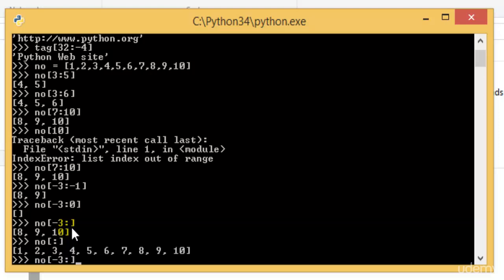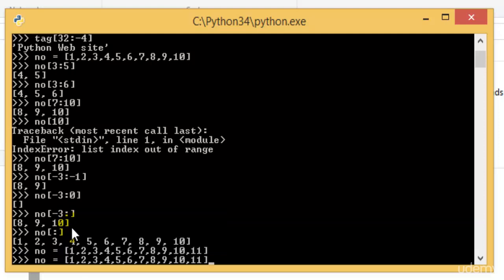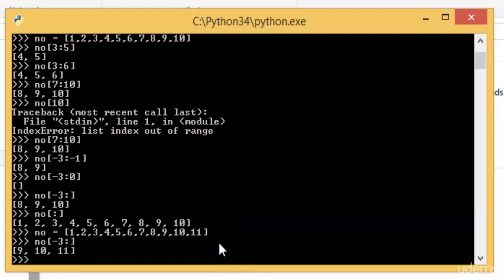So if I insert another number, making it 11, and type, let's say, -3, then it will also give me out 11, because it will calculate from -3, that's -1, -2, -3, it's 9 over here, which is -3. It will calculate whatever it is till the end, that is